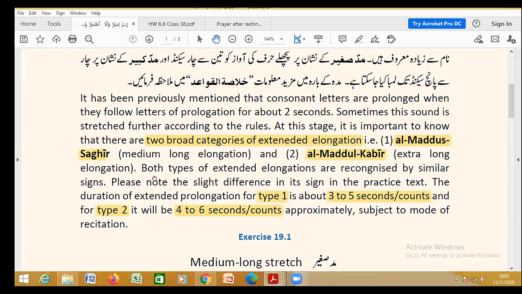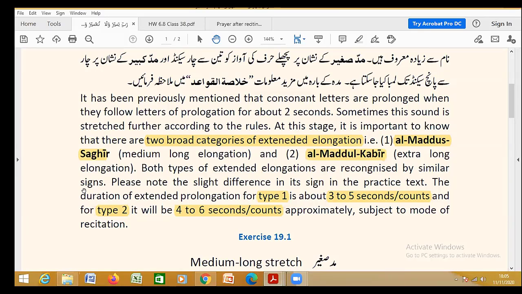Both these types of extended elongation are recognized by a similar looking sign, but there is a slight difference in those signs. That's what you looked at yesterday, and I'll be reminding you of that today. So that's the aim: to be able to recognize what type of extended elongation it is,